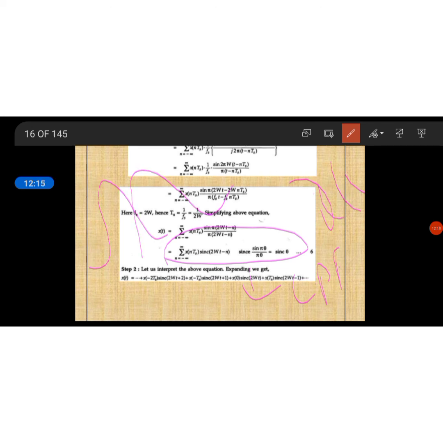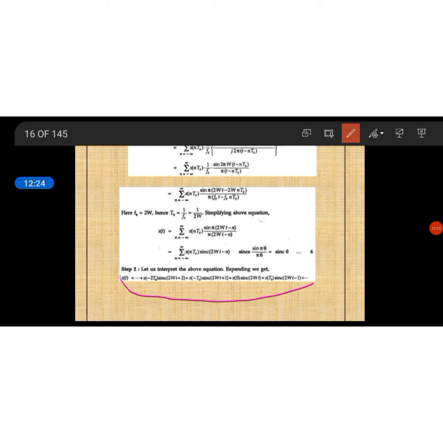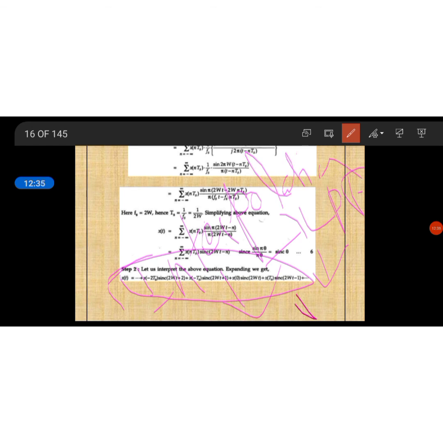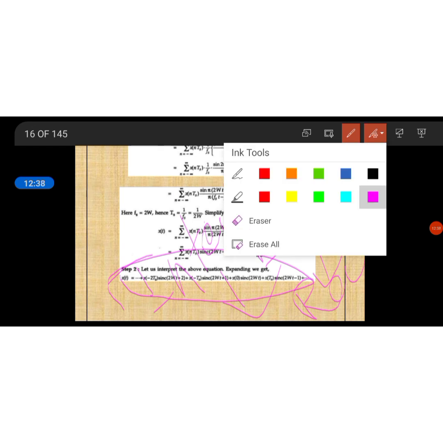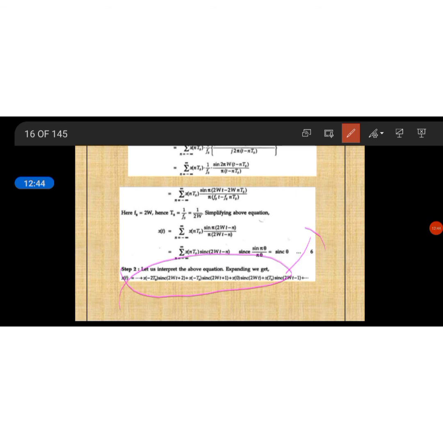So by means of this, if you draw through the top of every pulse, you will be getting the envelope, the original signal. Or otherwise we can give this equation to a low pass filter. This low pass filter is otherwise known as an interpolation filter or reconstruction filter. So if you send this equation to the reconstruction filter, low pass filter or interpolation filter, we will be getting the original signal x of t. Thus the second part is also proved here.